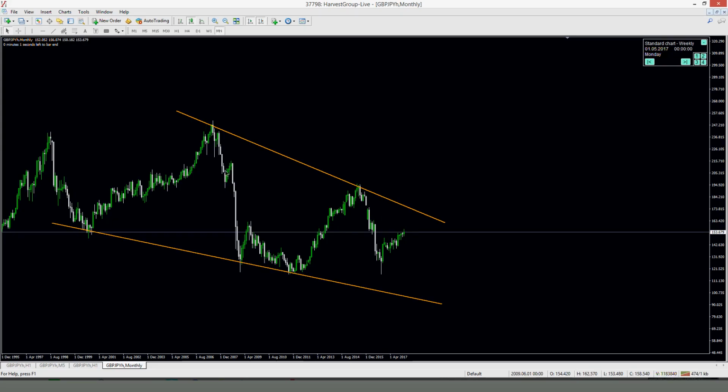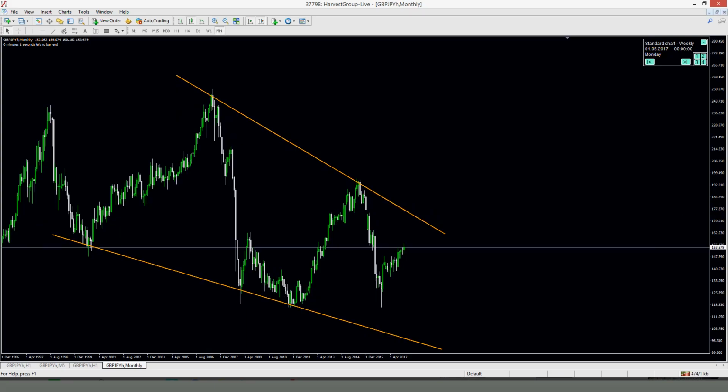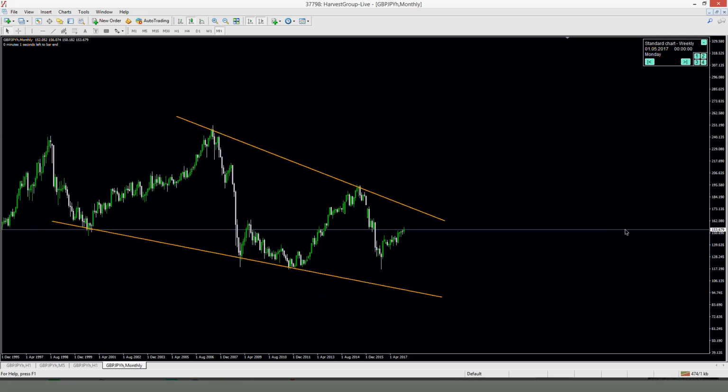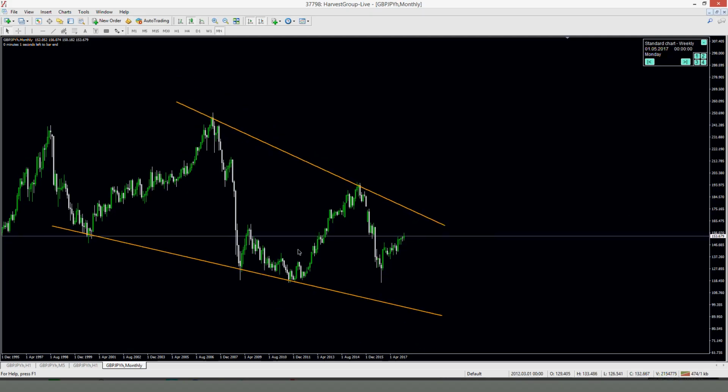Obviously you have points of the market where it's heading. Based on what the trend is, this is monthly of GJ, right? There are points at which there is a very strong resistance line happening over here. So it's very important for us